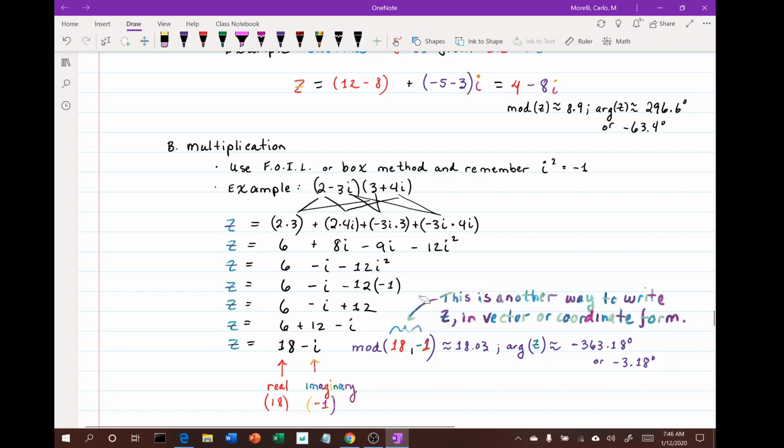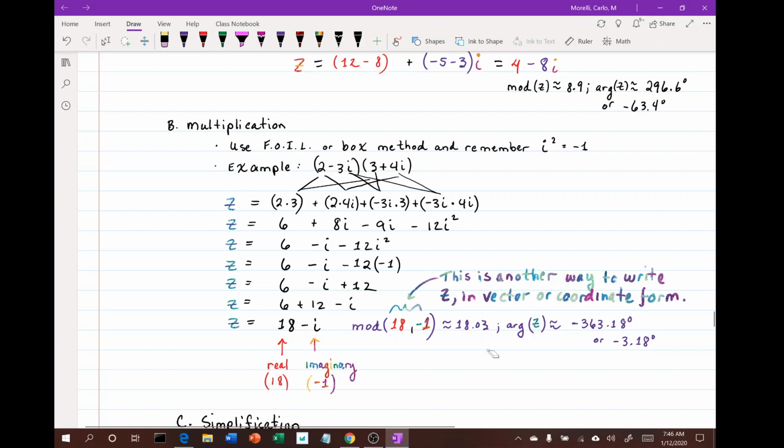Okay, so let's work this out. 2 times 3, 2 times 4i, negative 3i times 3, negative 3i times 4i all works out. Combine like terms. So I combine the 8i and the negative 9i. I got